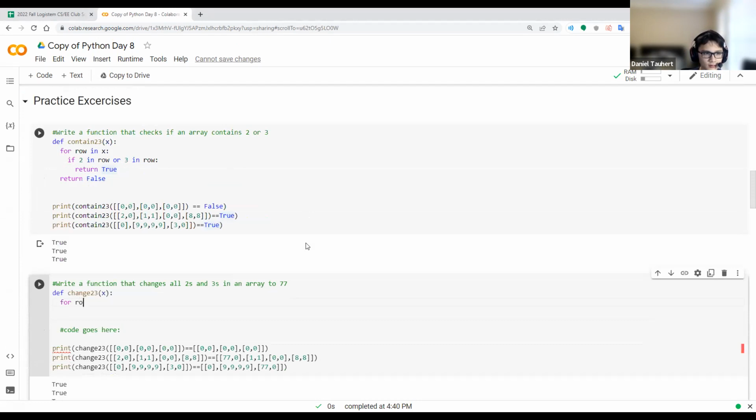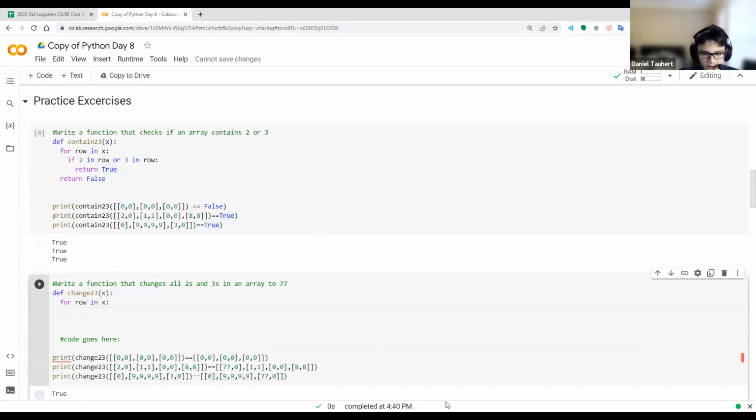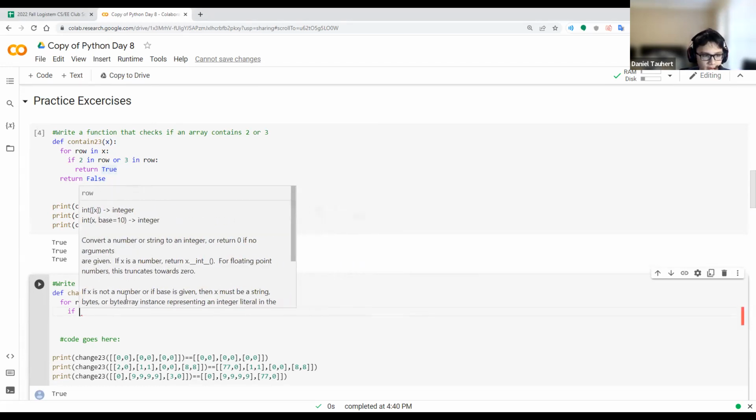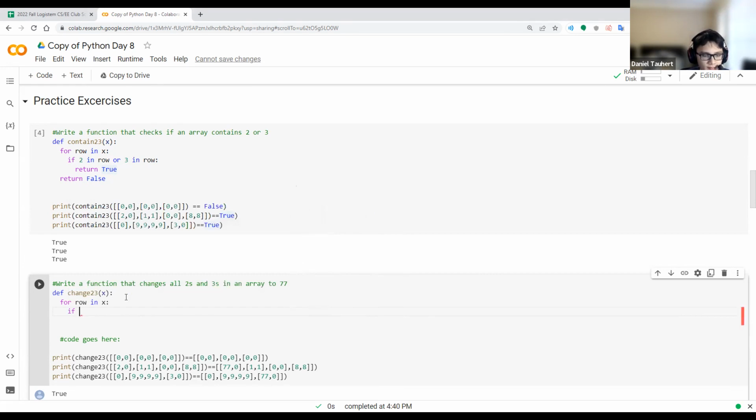So for row in X, and then if 2 from row. Oh, but maybe we don't want to make it again. If X equals